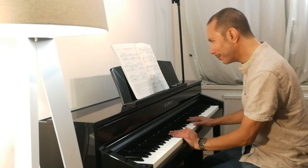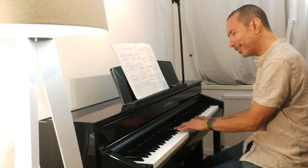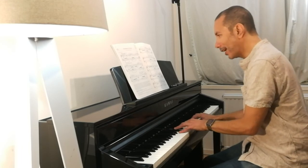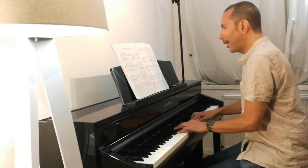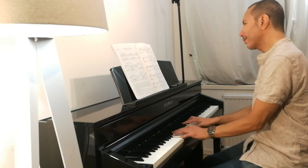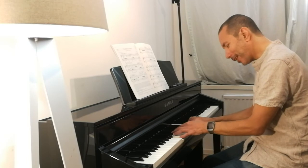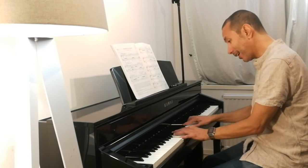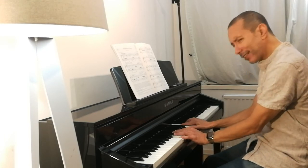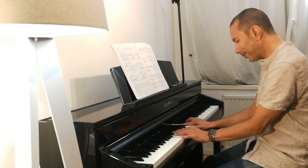So let me go from bar 13 where we've come from. And here we have a very simple chord. It's an E major over a B root, and then this chord here. This is an altered dominant because we have our 1, we have our flat 7. So the 1 is B, the flat 7 is A, the D sharp is a 3. And then you have C, the C is a flat 9, still relatively common. You do have this chord quite a lot in classical music, but then you have